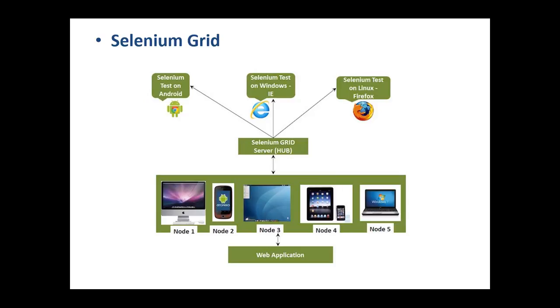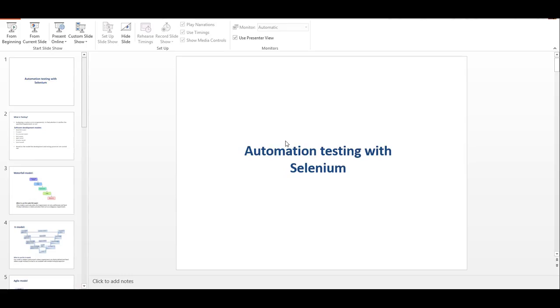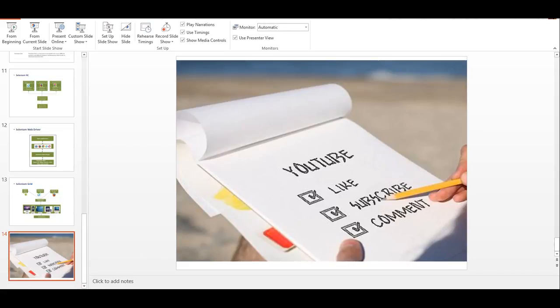In such a case, we use Selenium Grid, wherein the Selenium Grid acts as a server and all your applications or nodes act as clients, and it interacts with that and runs parallel tests across the systems simultaneously. Alright, this is the basics of what Selenium is, and now I'm going to show you